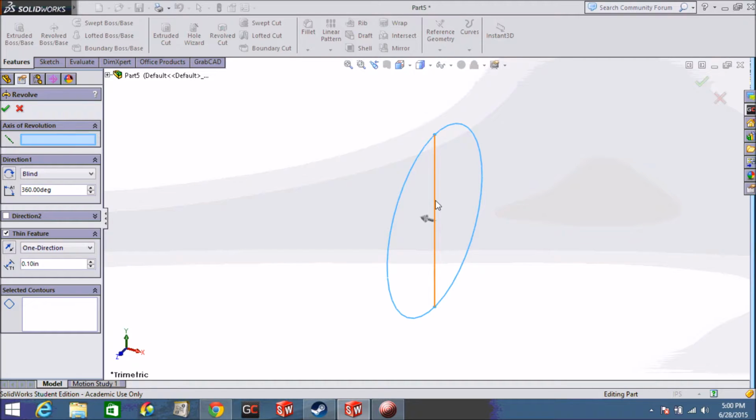This is similar to extruding, but instead of sliding directly through a dimension, you're spinning about an axis. So select the axis, then select the contour. We're just going to choose half the circle, and for direction, you could do all these things. I'm just going to do blind 360 degrees